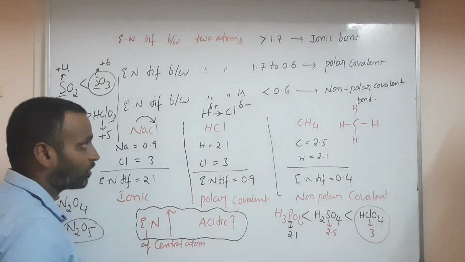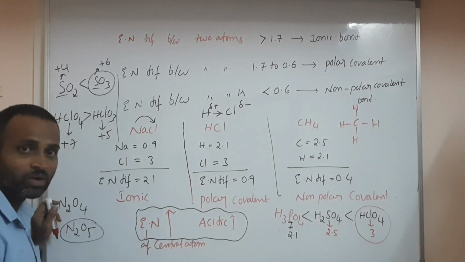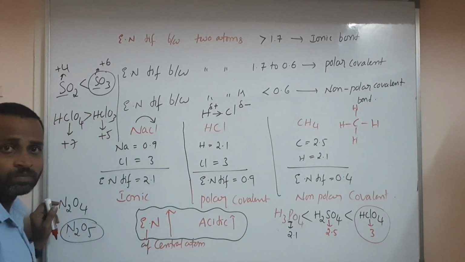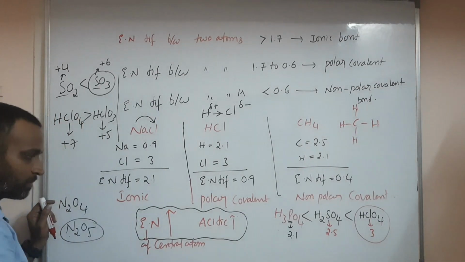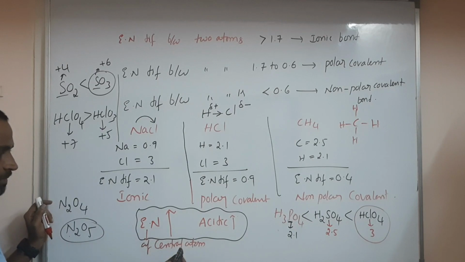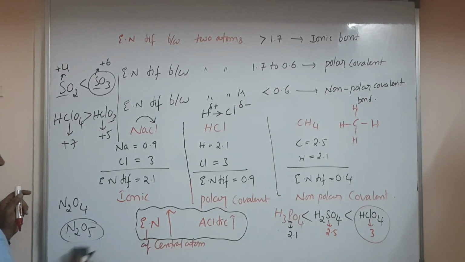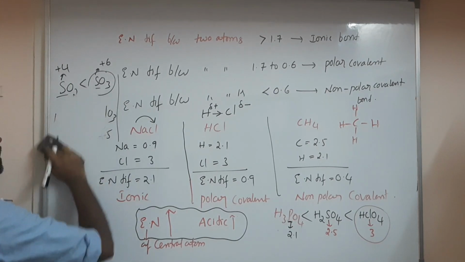We are in chemical bonding, related to the periodic table. See how interesting it is. The electronegativity concept is in the periodic table, but we are learning the nature of chemical bond, which is present in the chemical bonding chapter. So both are important. If the electronegativity of the central atom increases, then acidic nature increases. All these are very, very important. Please take a screenshot and write down later, or pause the video and write down.